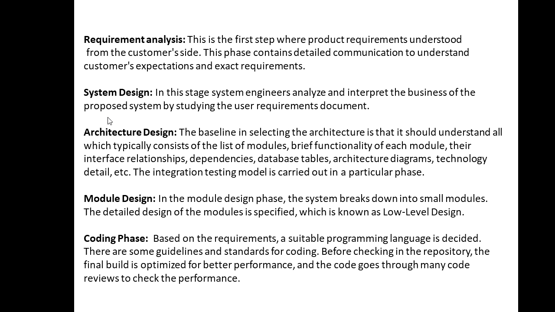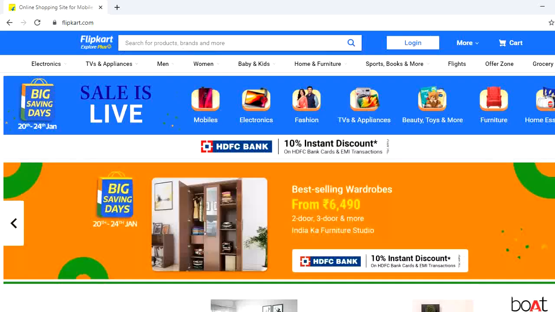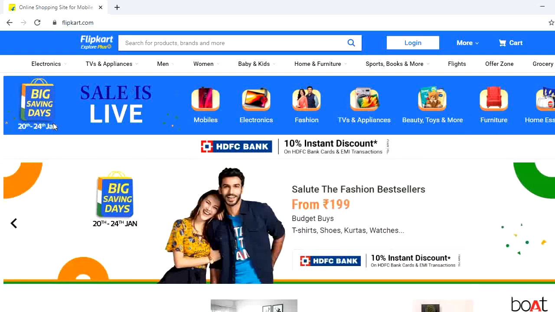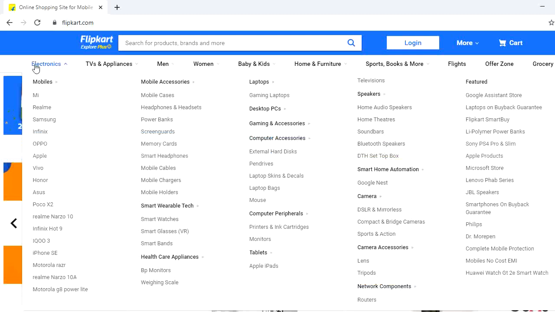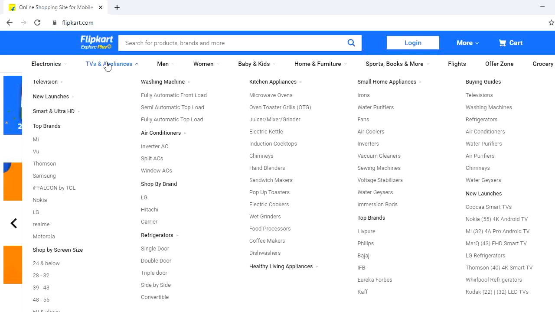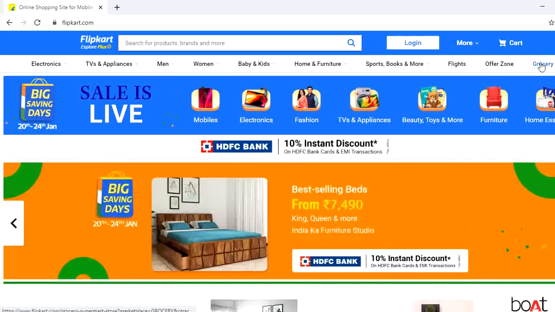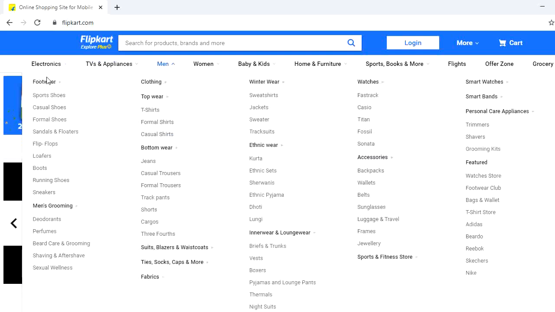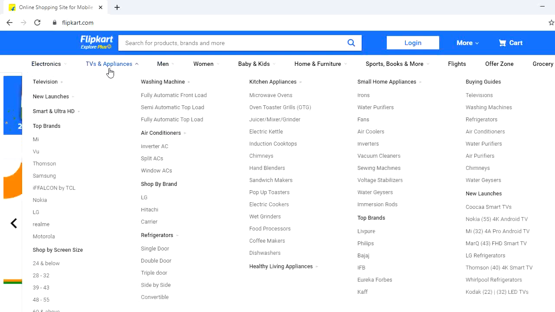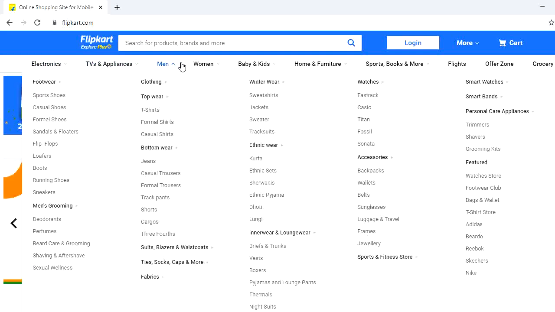Suppose, I will give you an example. Let's take an example of Flipkart.com. Here you see electronics, TVs, appliances, men, women, groceries. There are a lot of different sections, right? These are known as modules. Electronics is one module, TVs and appliances is one module, men is one module.